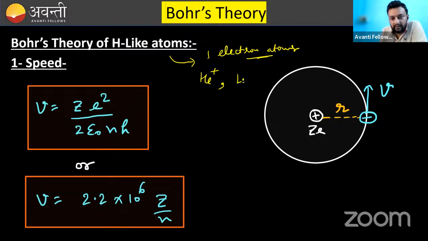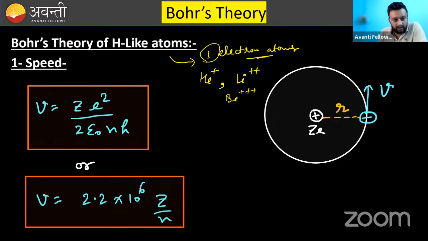Similarly, lithium double plus also has one electron in it. Can you see this now? Similarly, beryllium triple plus is also a hydrogen-like atom. So the formulas I am mentioning here are all valid for hydrogen-like atoms in which there is only one electron. Now, let's suppose this is a hydrogen-like atom. This is the nucleus which has charge Ze, and an electron is revolving in a circular orbit of radius r with some velocity v. Then its velocity v will be given as,